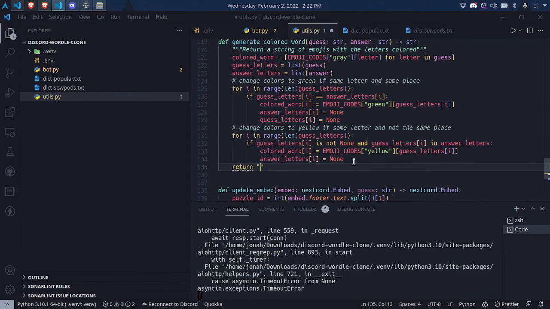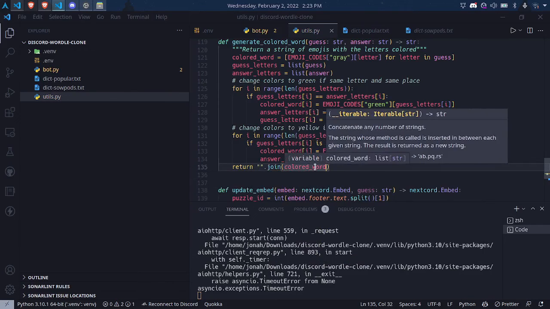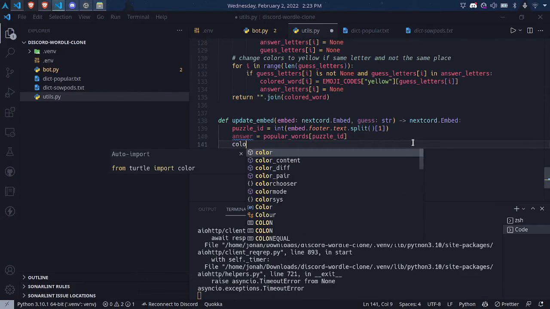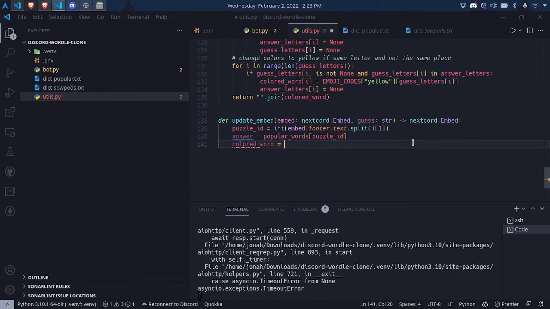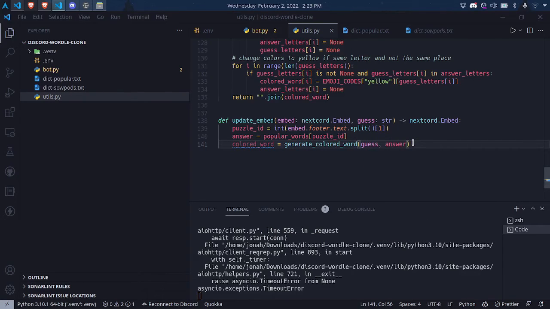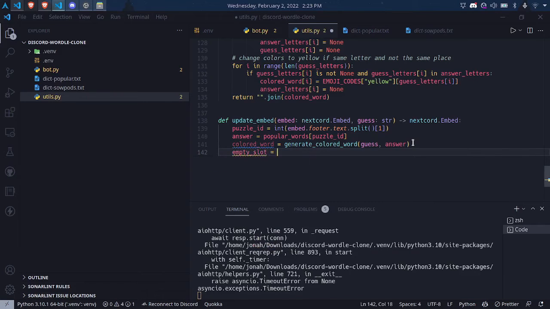Finally, we can say return empty string.join of colored word. This will take all of the emojis in this list and turn them into a single string. So now in our function to update the embed, we can make a colored word by calling the function generate colored word and passing it the guess and the answer. Next, we need to replace the first empty slot with that guess. So we can find an empty slot. The string for an empty slot is going to be generate blanks. This will give us the string that we use to generate the blanks, and we'll replace the first occurrence with